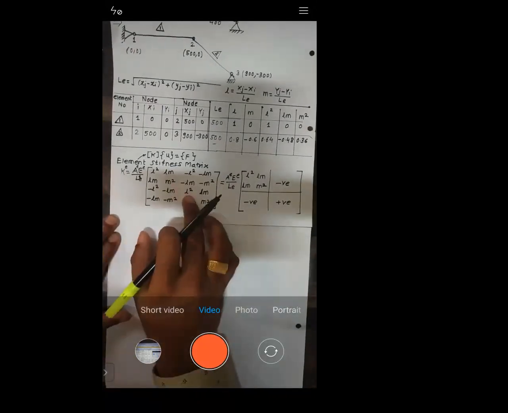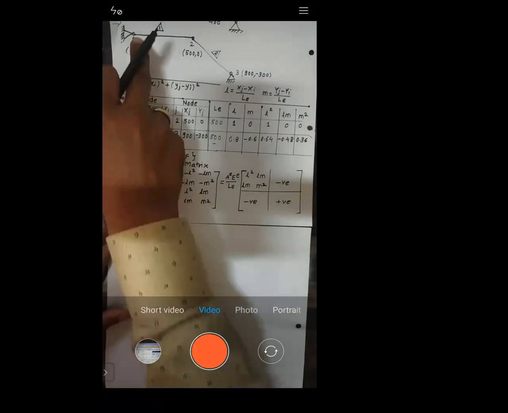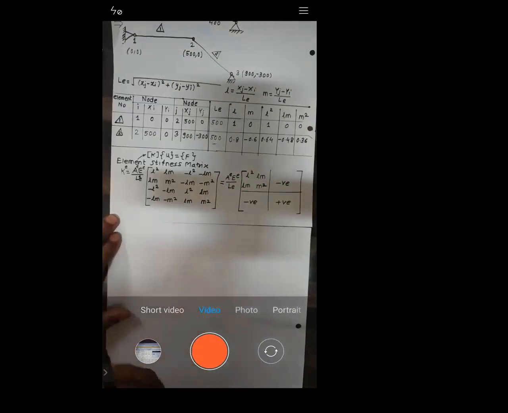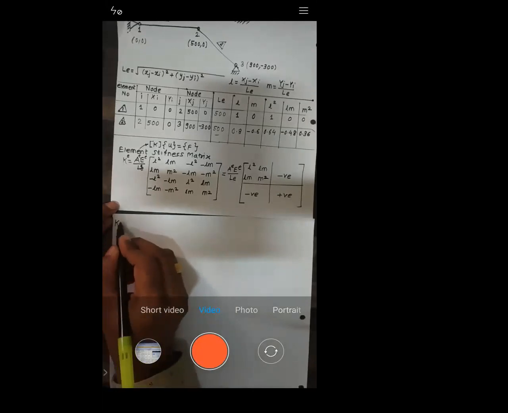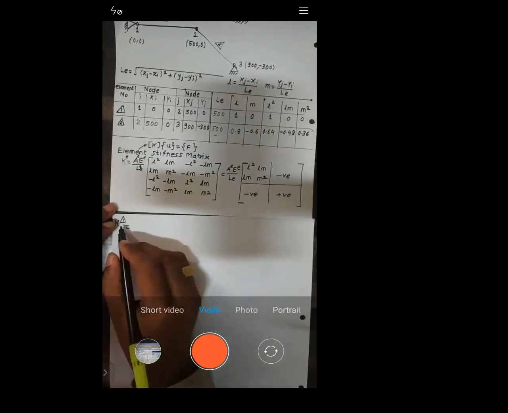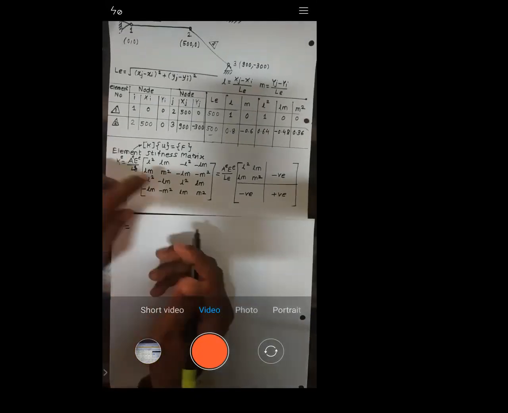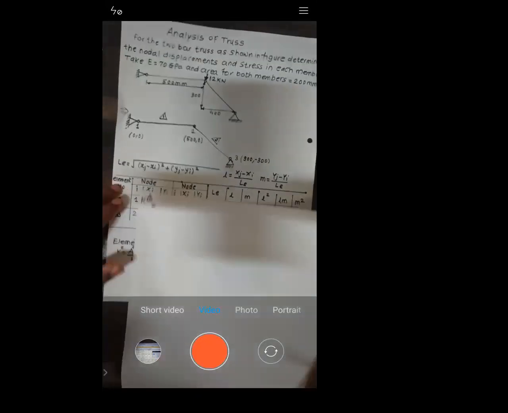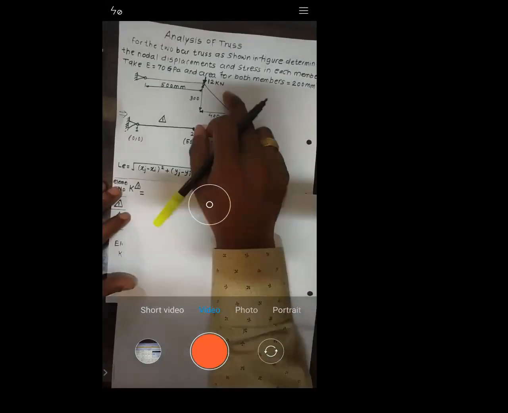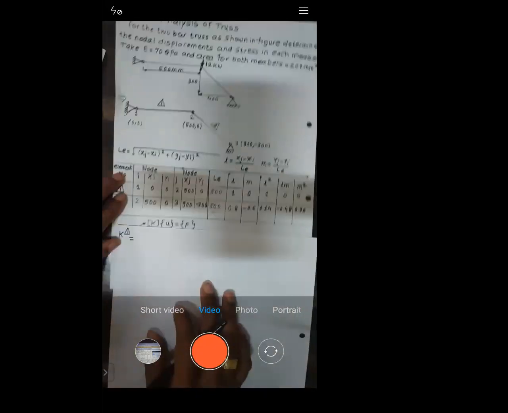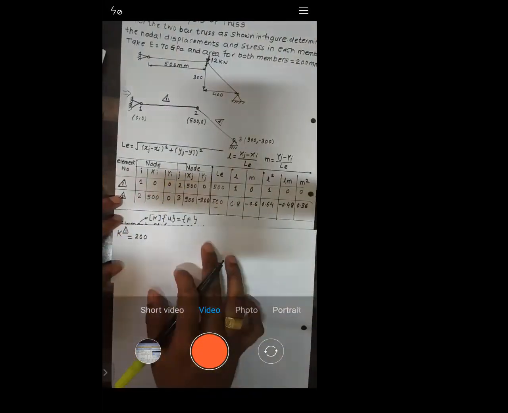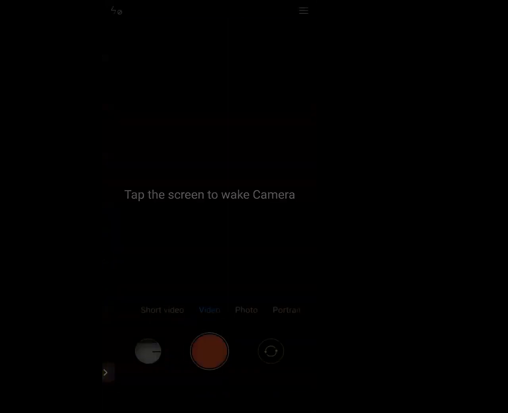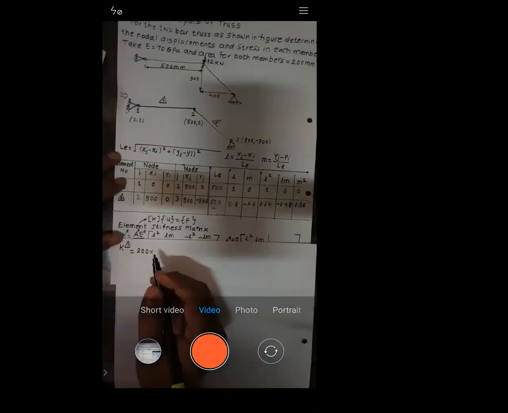You apply this EME to every element. When you have the EME for element number 1 and for element number 2, you club them, and you get a GME, called the global matrix equation. So let's do it for element number 1. The stiffness matrix for element number 1 is given by the area of element 1. Take the area for both members as 200 mm square. The area is the same for both members, then A into E. E is 70 gigapascal.